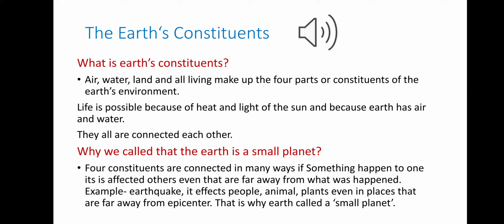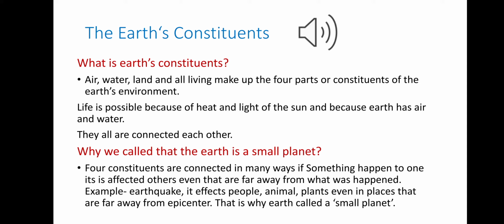As an example, when an earthquake happens, its effect on people, animals, and plants can be felt even in places far away from the epicenter. So that is why we say that the Earth is a small planet.